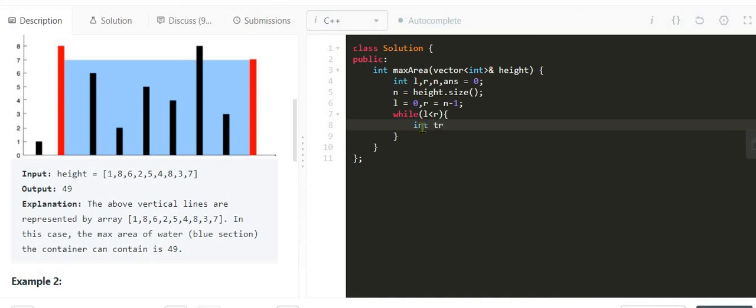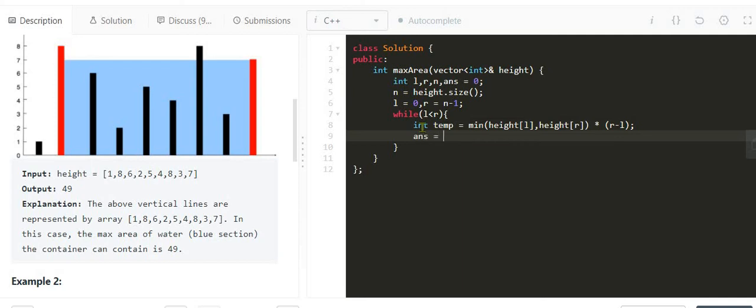Then we will calculate our area. So let's take a temp variable, and it will be equal to the minimum of height of left, comma, height of right, into right minus left. And if answer is less than temp, then we will update our answer. So answer will be the maximum of answer, comma, temp.